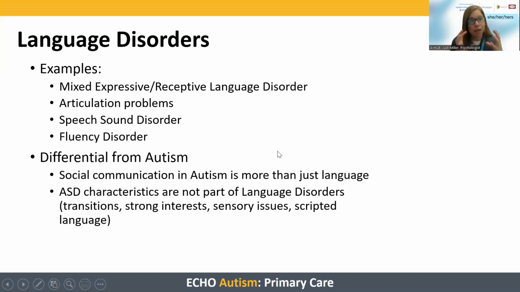So if they're present, then I'm going to be thinking more autism. Echolalia is in a unique spot. A little echolalia is part of typical development or non-autism development. It's very common for little kids to repeat things as they're learning to communicate. What is different in autism is that echolalia lasts for longer. It's used more frequently,